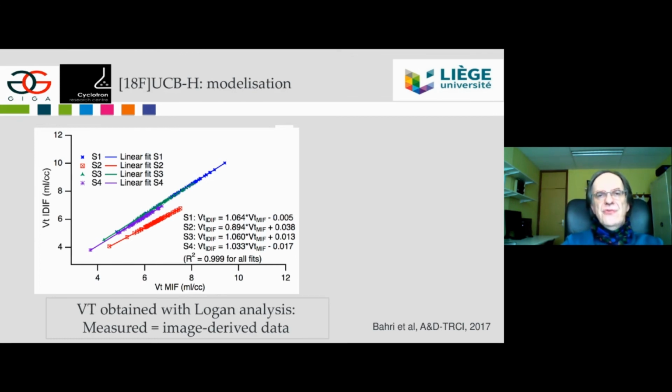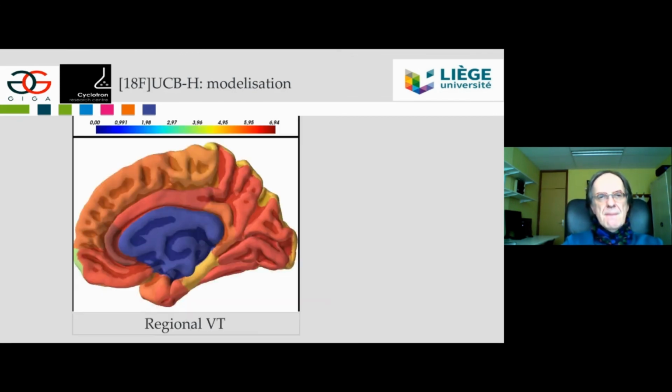So with those demonstrations, it was then possible to obtain for our first volunteers a map of the distribution of the synaptic density